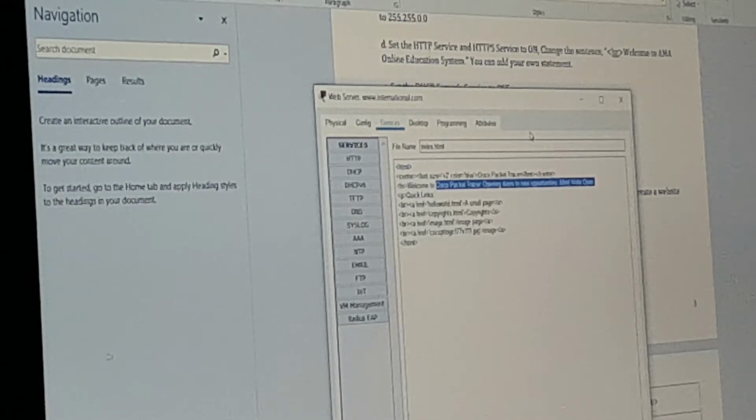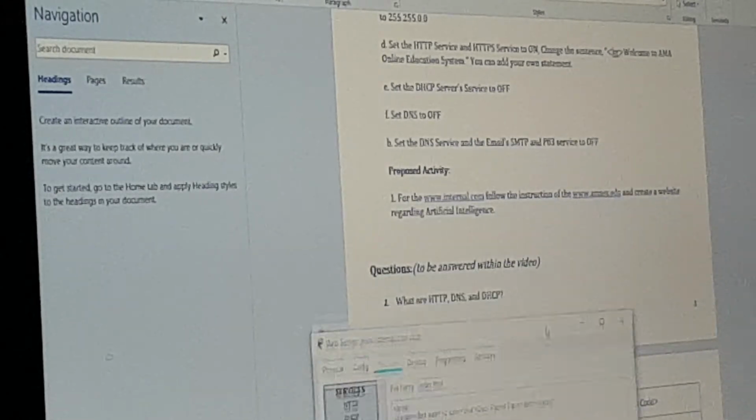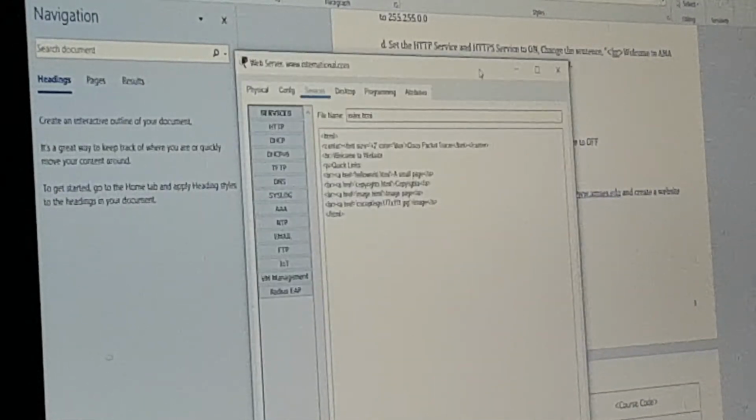Welcome to website artificial intelligence.